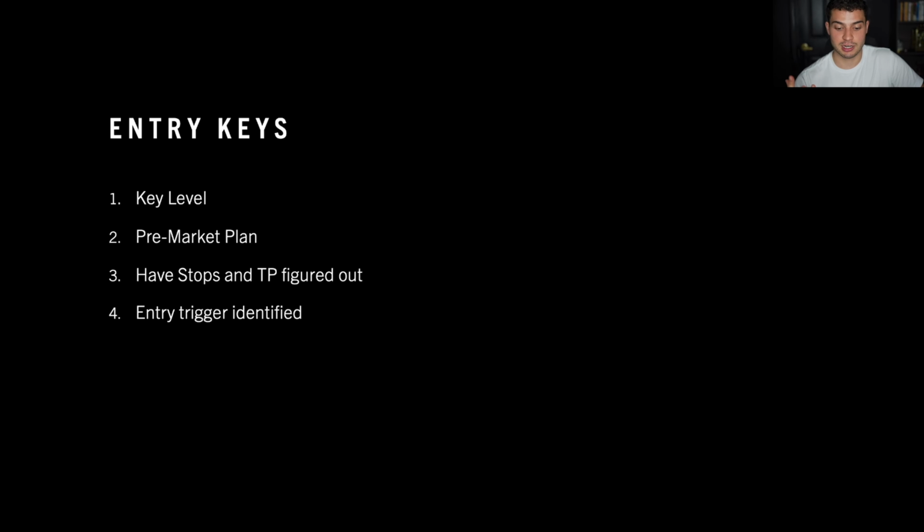Is the entry trigger identified? Is the candle closed? Good setup. Entry trigger identified in the play? Perfect. All these 4 keys are good for you, then you're good to enter the trade, and you shouldn't be